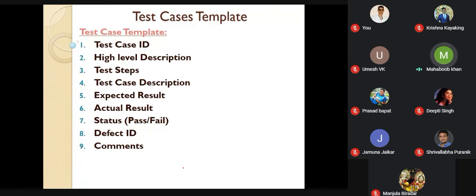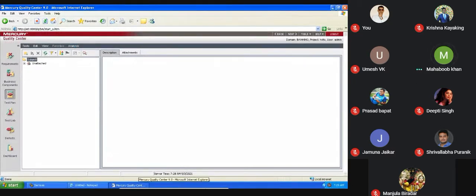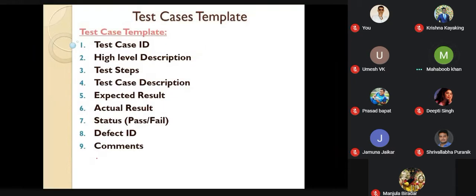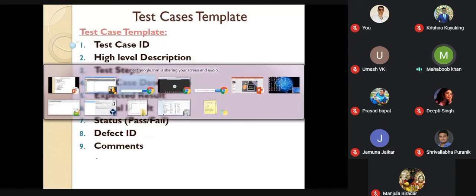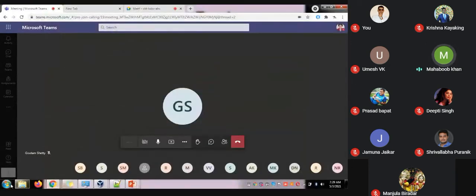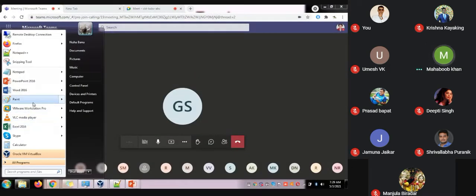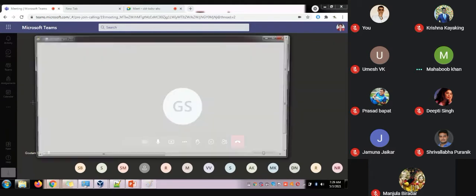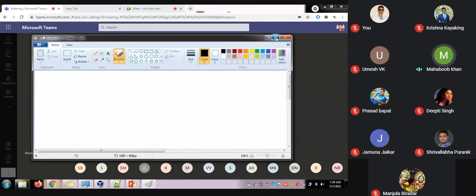Now I was telling you about the template of a test case. This is one of the interview questions, so you should be aware of the template in which test cases should be written. Now let us see the requirement and jump back into the process, the very old process which we were following. Imagine there is one more requirement.